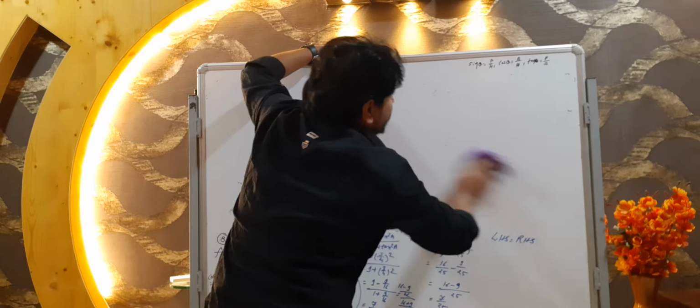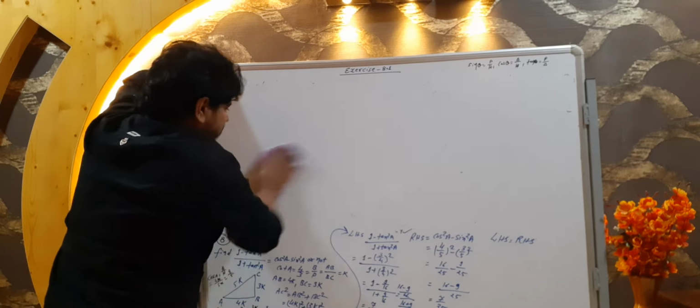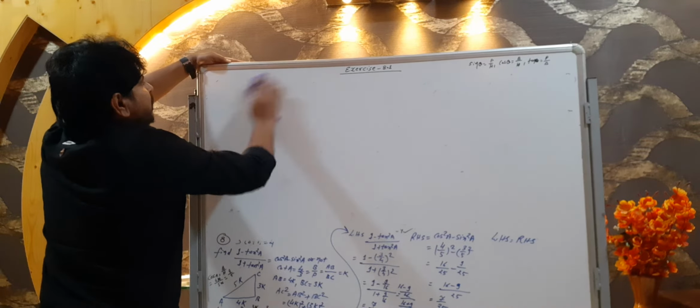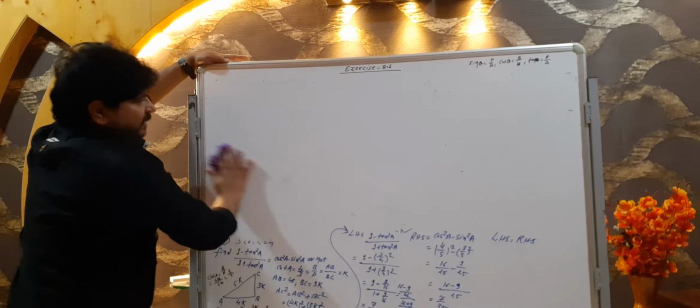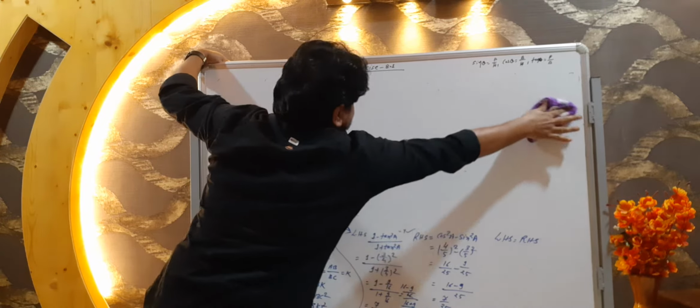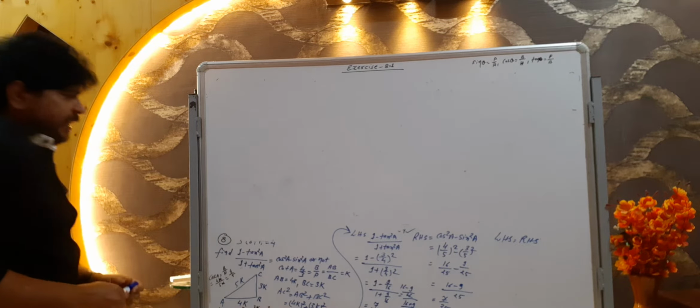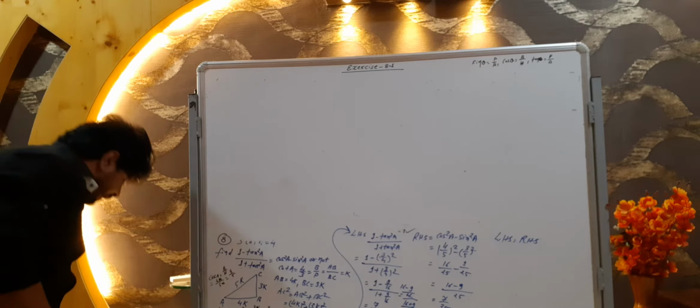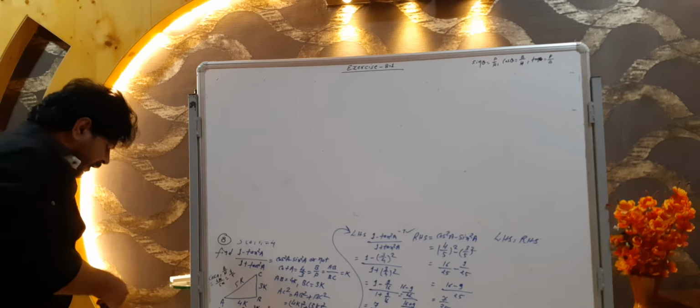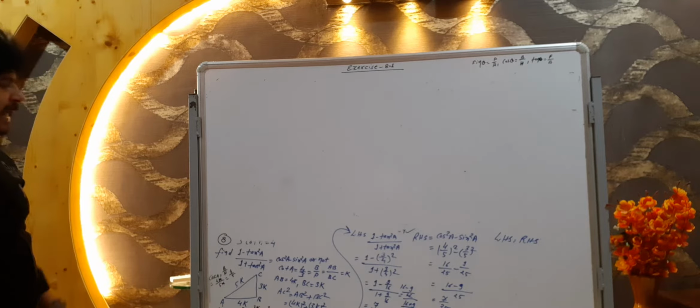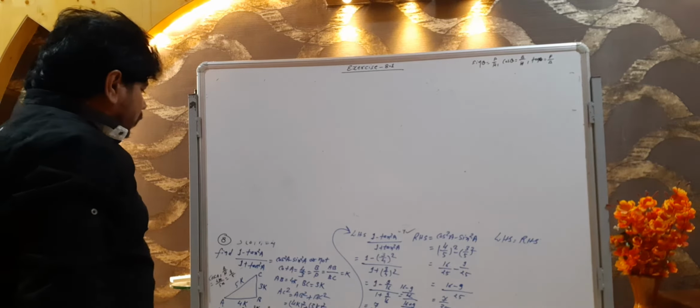That's why I am writing on the board and then explaining, because I can save your time, as well as whenever we are going to upload the video, we can save time. But sometimes numericals are like this: if I am writing and explaining, so many times students are unable to understand. So one numerical I am trying here, where I have to write fully and solve.